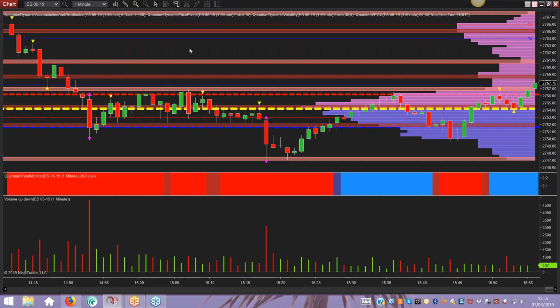Let's just go back to the 1 minute. Pretty fast on the 1 minute, doesn't suit everybody. But from an intraday scalping perspective, certainly on a market such as the ES, it's certainly one that you would need to be trading on, I think, or at least the tick charts.